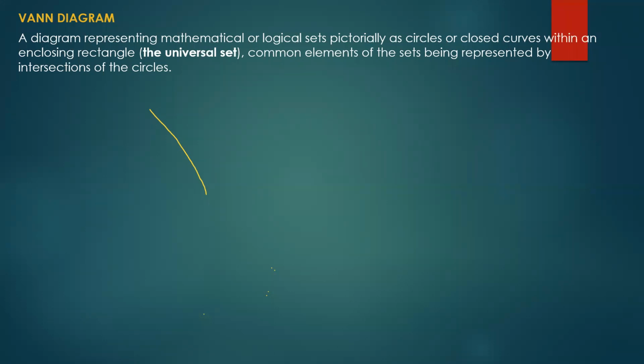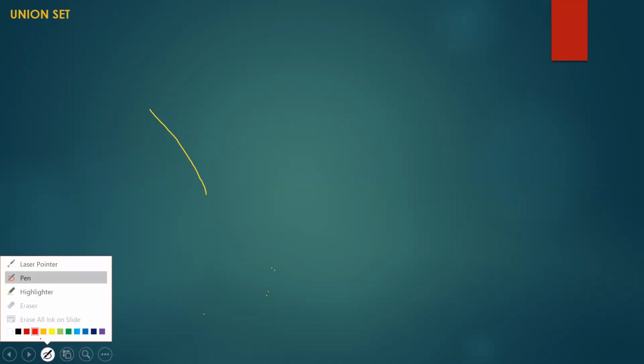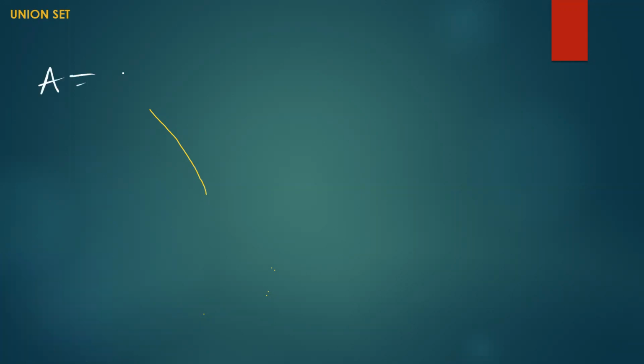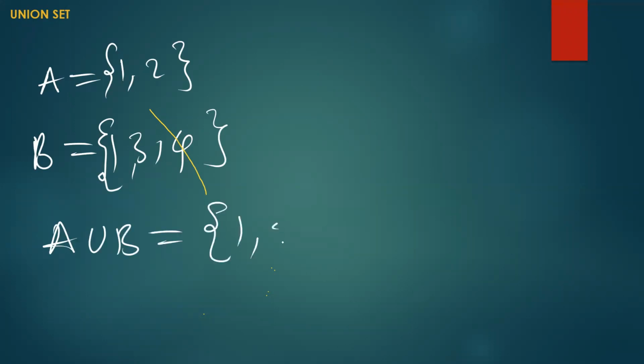So the Venn diagrams are simple. These are simple things. We've seen this before, I'm sure. Okay, the union set is simply just the addition of two sets. So if, for instance, you have the first set, let me just write something. You have set A being equal to 1, 2, and then set B being equal to 3, 4, and 1 as well. The union set of A and B is simply just the addition of these two sets. So we add the two sets, 1, 2, 3,